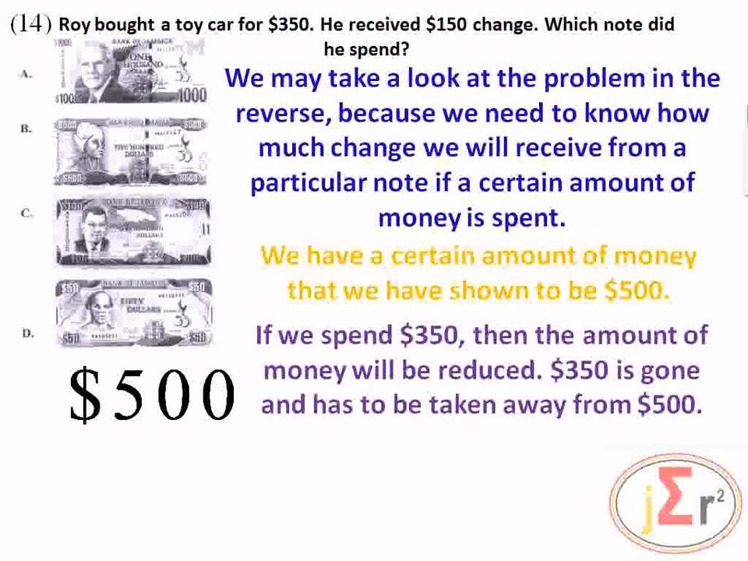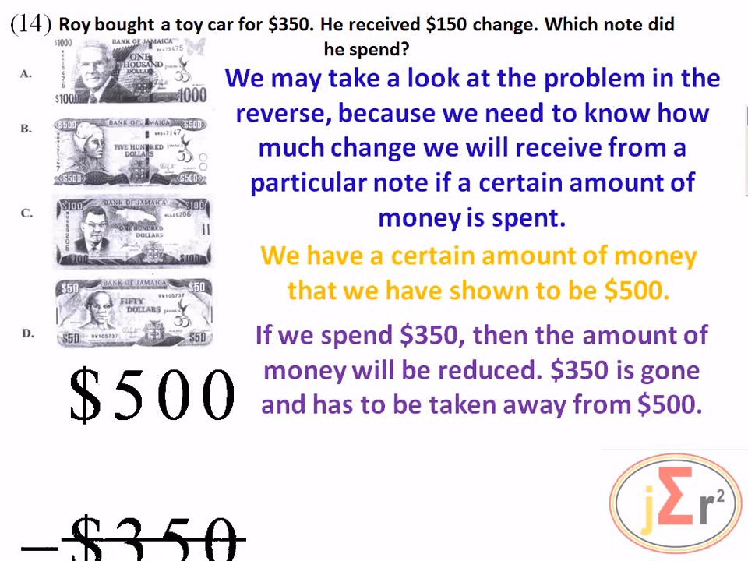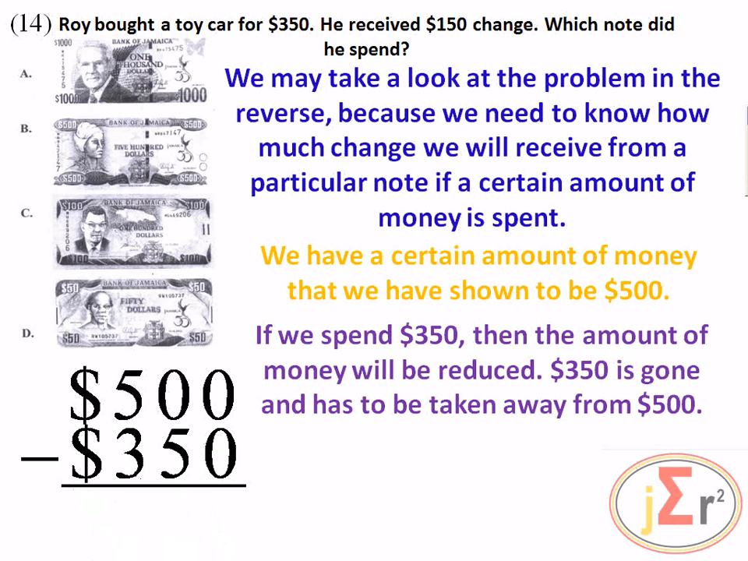$350 is gone and has to be taken away from $500. So if we had the amount of money and we had the cost of the car, then we may be able to determine the amount of change that we should receive. So we are not taking this problem and just solving, getting the $500 note, and then we are off and running. We are taking a look at the problem from different angles, different perspectives,